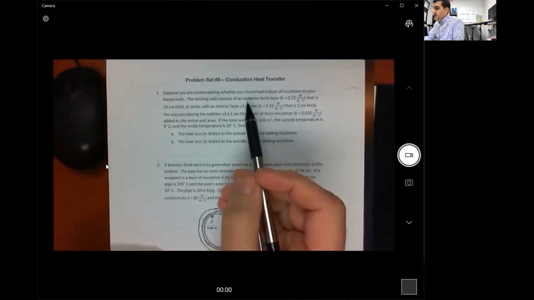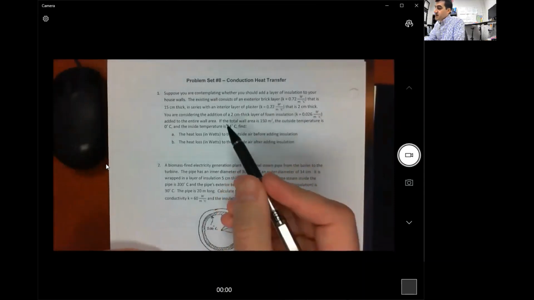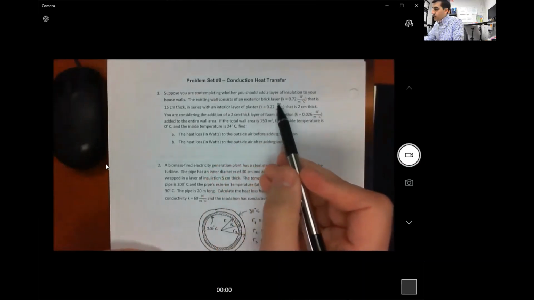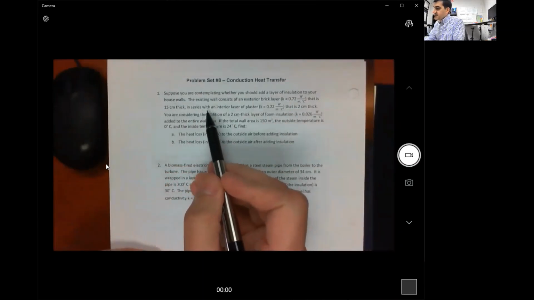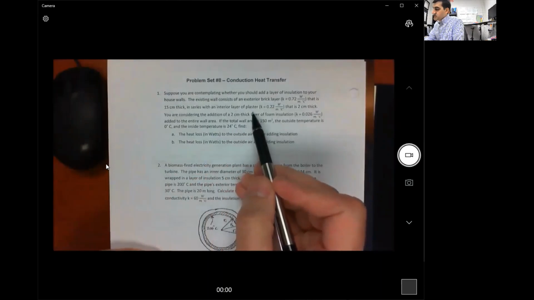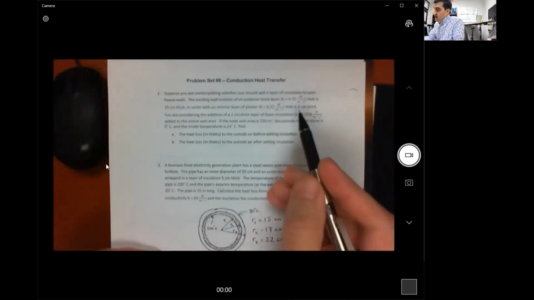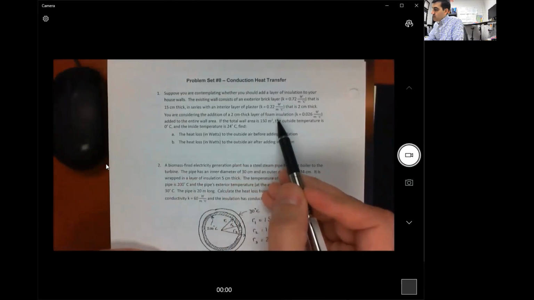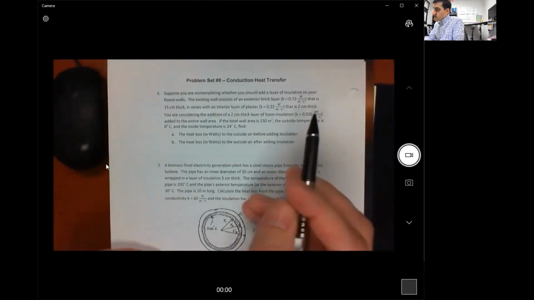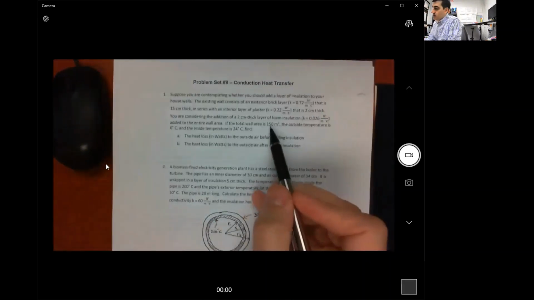And it says that we're thinking about adding another layer of insulation to the walls of our house. The existing wall has a layer of brick with this thermal conductivity that's 15 centimeters thick, and then that's in series with an interior layer of plaster with this thermal conductivity that's 2 centimeters thick. And we're thinking about adding a 2 centimeter thick layer of foam that has this thermal conductivity to the entire wall area. And we add up all the surface area of our home and we calculate that it is 150